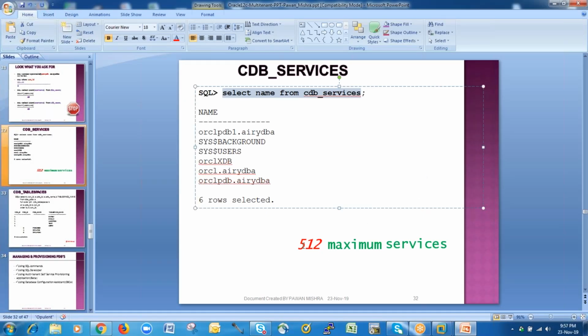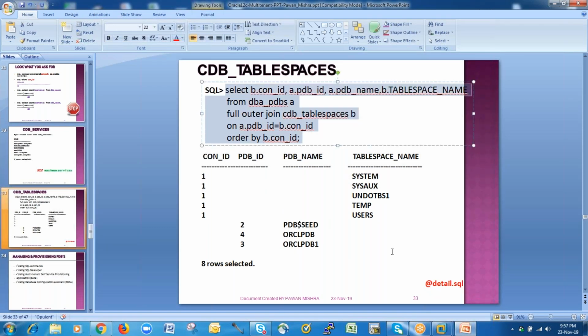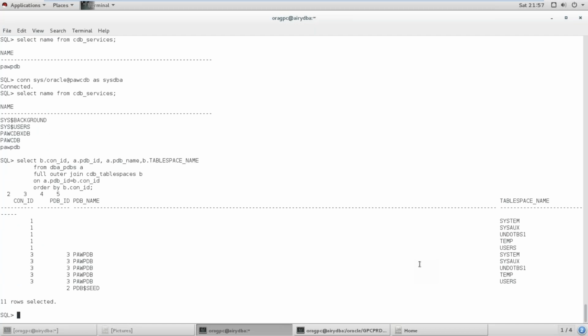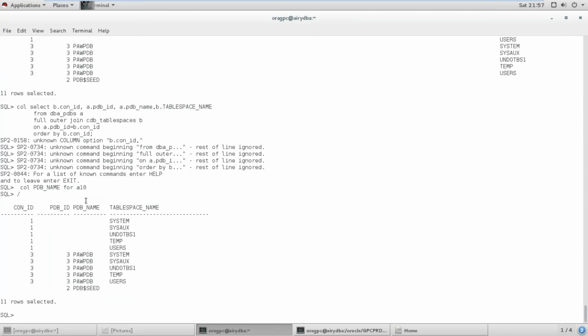Okay. Maximum can be 512. Maximum services means that many databases can be created in this container. Now you have to see which tablespace will be allocated to which database. Right now I have connected with the container database, and that container database will give you all the details